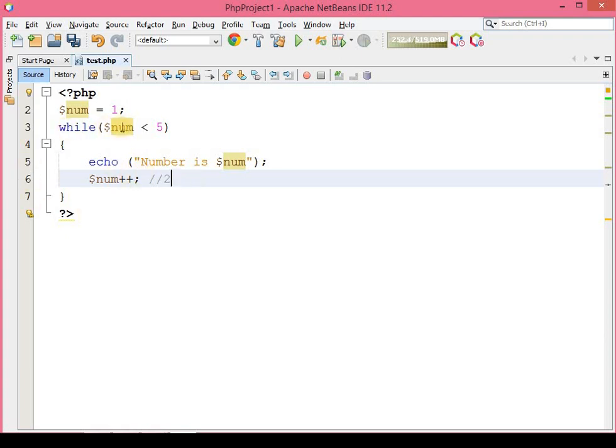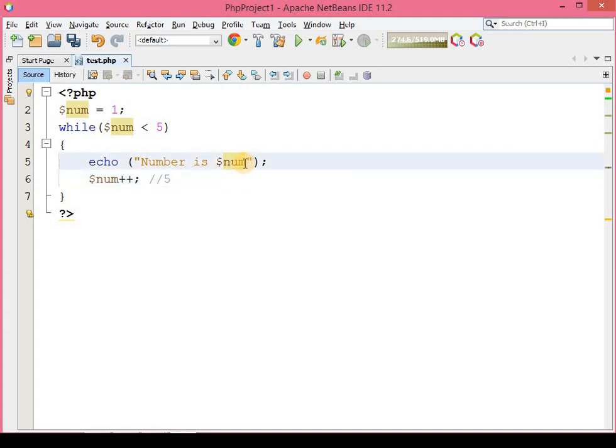After that, once again this condition will be checked. 2 is less than 5, number is 2, increment operator, now it becomes 3. Once again checking the condition, 3 is less than 5, number is 3, increment operator, so it will become 4. Again while condition checking, 4 is less than 5, so it will be printed, and the increment operator makes it 5. 5 is less than 5, so it will be treated as false. So the condition is false, that's why this statement will not be printed.